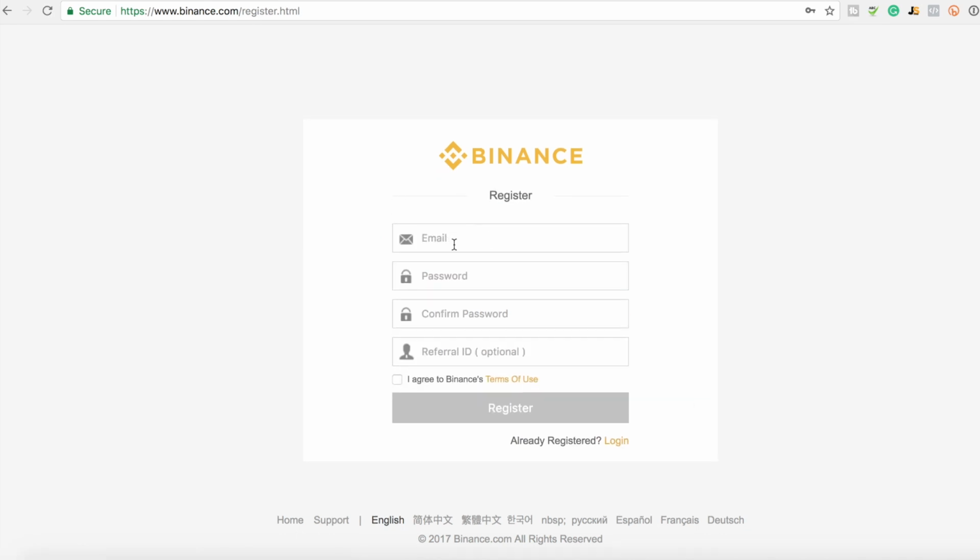So click register, and here you go. You just enter your email, make a secure password here, confirm your password, and if you want to, you can